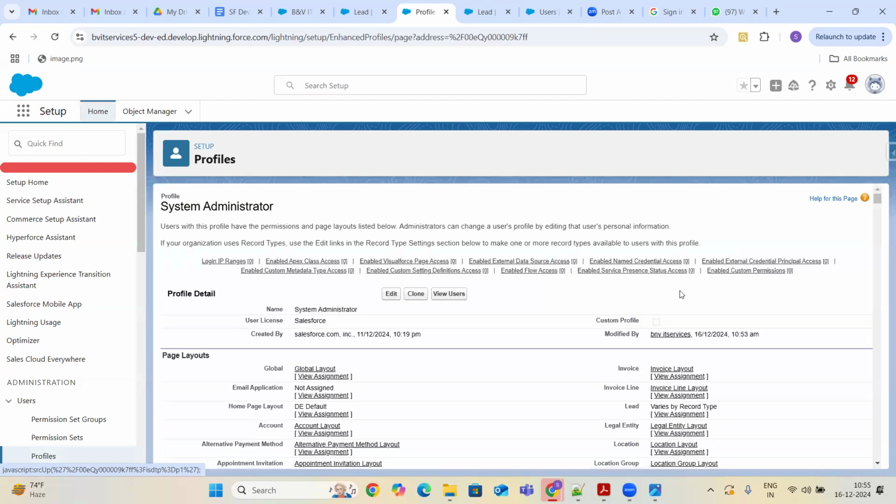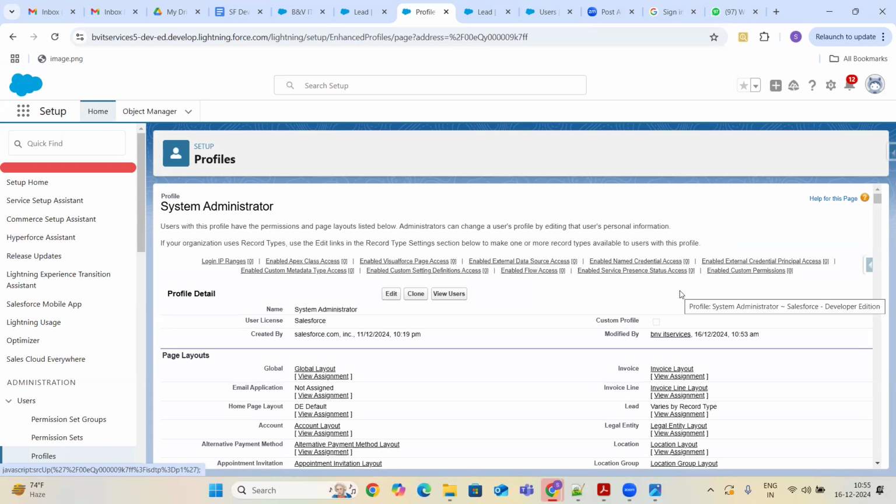I expected to see only 5 values, guys, as per my lead management process and my B and B record type, but it is displaying 6 values right now. So I would like to see what is configured in my profile.